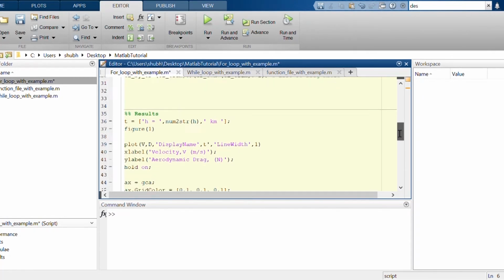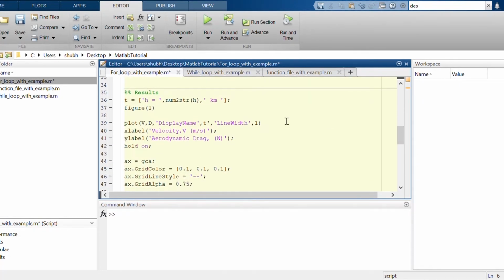So we want velocity versus drag. These are the commands: plot velocity versus drag, display the name, line width 1. Our X label is velocity, so you have to write like this. This is the standard procedure, and Y label is aerodynamic drag.